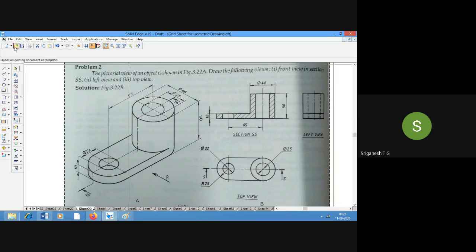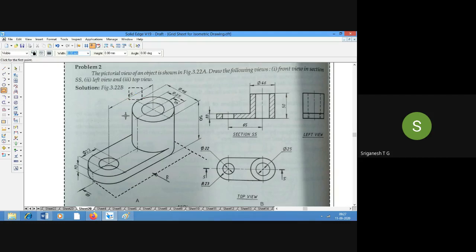Now in this drawing, first thing, just like orthographic projections, see what is the length of the object. The length of the object is going to be from here to here, which in this particular case we have to calculate. The distance from the center of this circle to the center of this circle is 65.